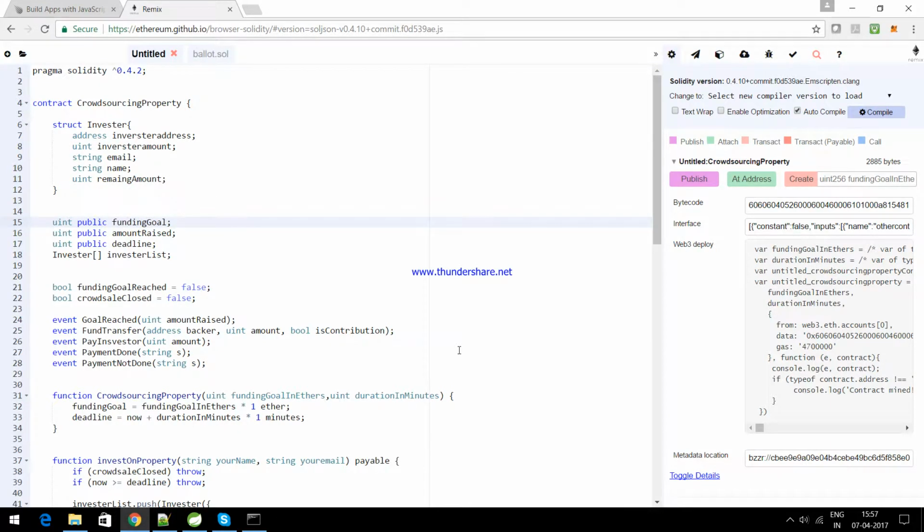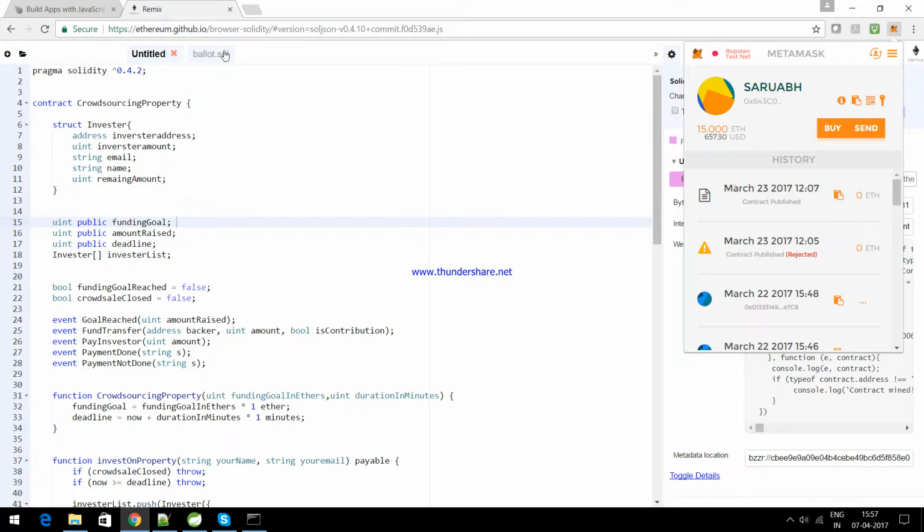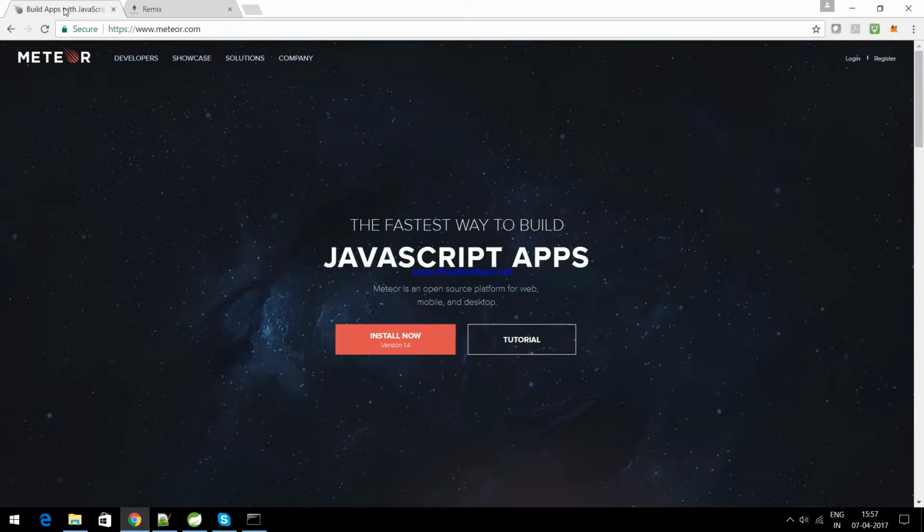Hello friends, in this video we are going to see how to make the front end of this crowdsourcing property smart contract, which we deployed on the MetaMask testnet in the last video. For this we have to install Meteor, and for installing Meteor you have to go to meteor.com and install